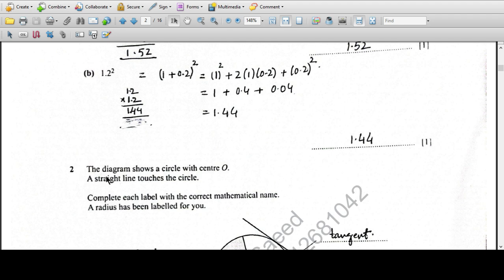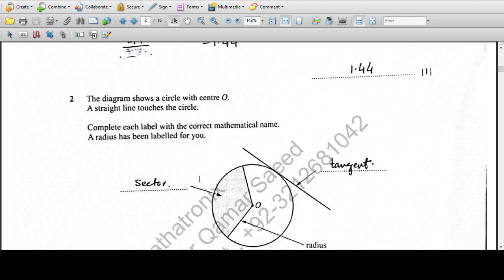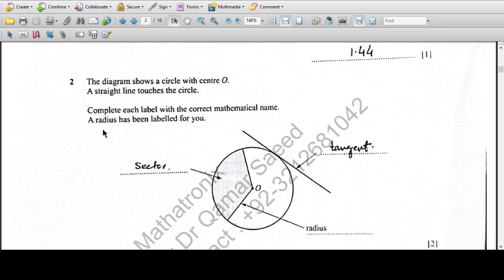So question number 2, the diagram shows a circle with a center O. The straight line touches the circle like this. So complete each label with the correct mathematical name. A radius has been labeled for you. So this radius is labeled from this center to the periphery or circumference. So from this to this point, this is radius, and we have been asked what is this line. Because it touches the circle at only one point, it is a tangent,